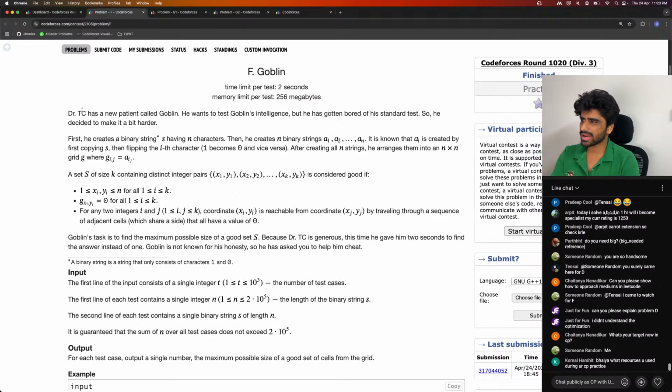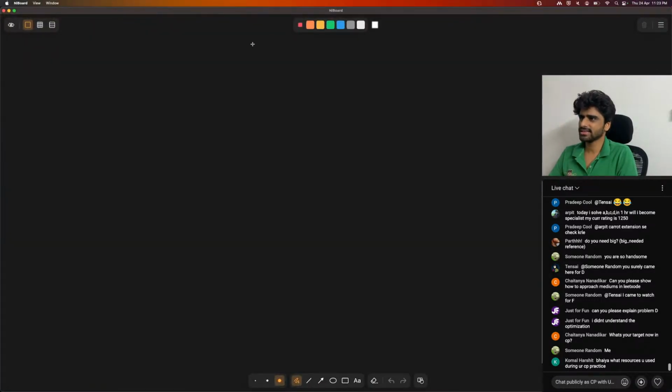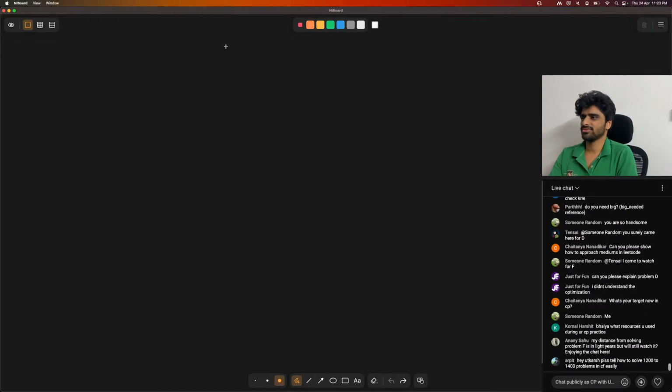So it's a callback to problem A actually. In problem A, we had a string like this, for example. Let's say we have a string like this, it's too long a string. I want a smaller string. So if I have a string like this,